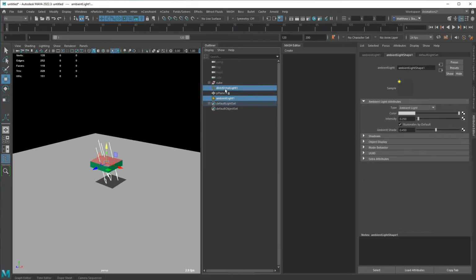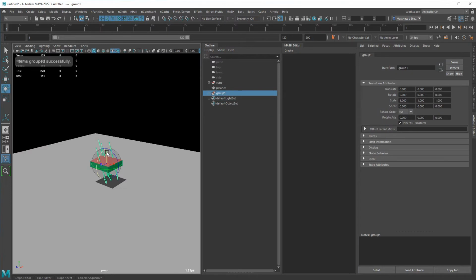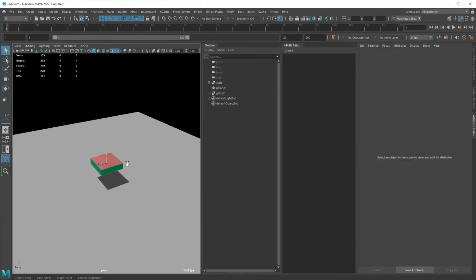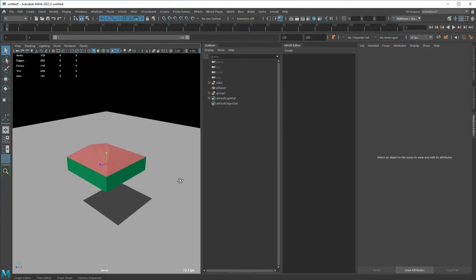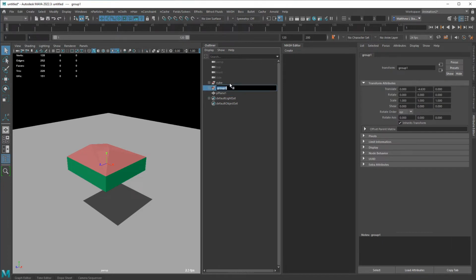You can take those 2 lights and even group them and move them below the ground plane, where they're positioned doesn't really matter. So that gives us something a little bit more visually interesting to look at. All right, and those are my lights. Okay, so this